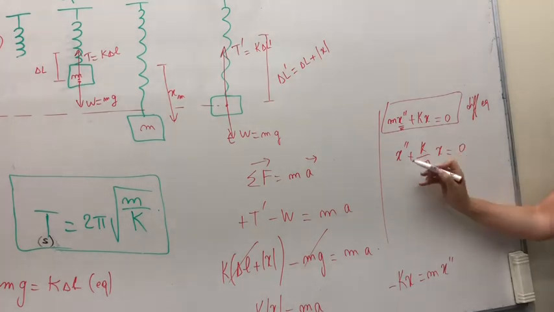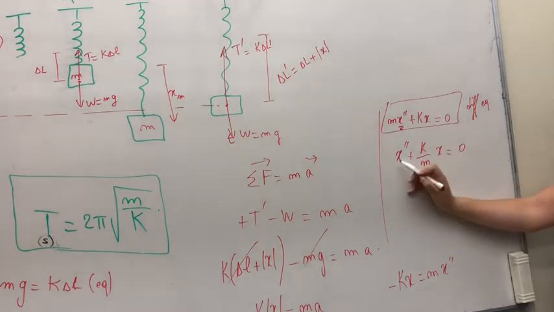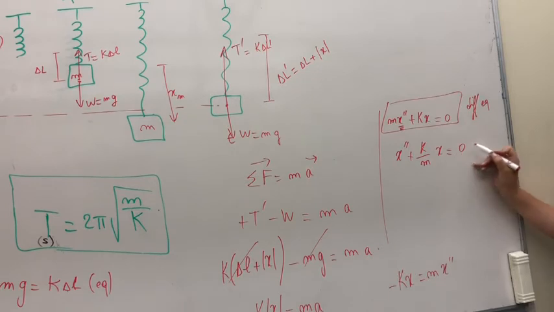Actually, when you see this differential equation, the second derivative plus omega squared x equals 0,